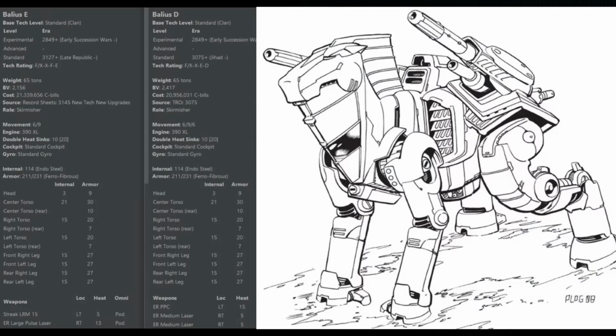Alright, next up on the list we have the Balius, which is probably my favorite mech on this list. The reason being, it leans into clan ridiculousness so well. It is a quad mech that looks like a horse. You cannot get more totem mech than making your mech look pretty much exactly like what it's designed to be like. It represents Hell's Horses perfectly, reasonably fast, and has pretty good firepower overall,